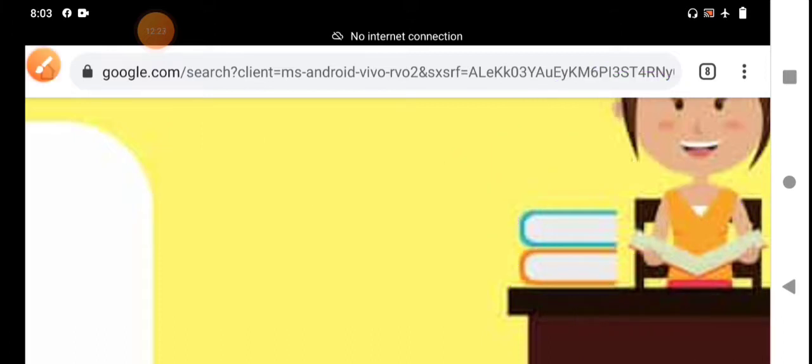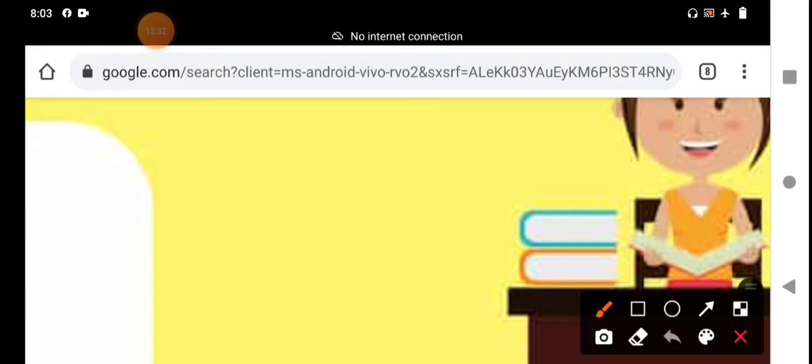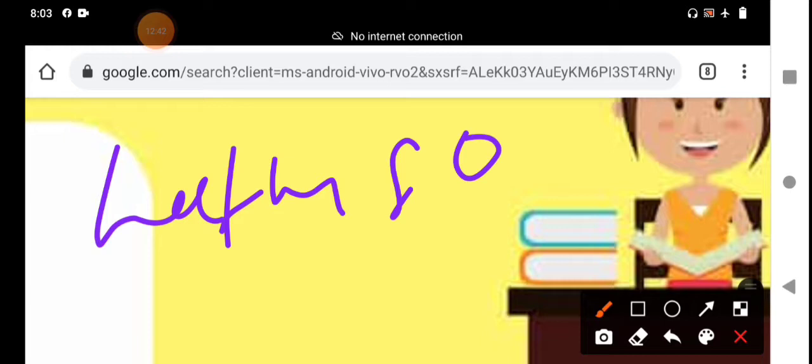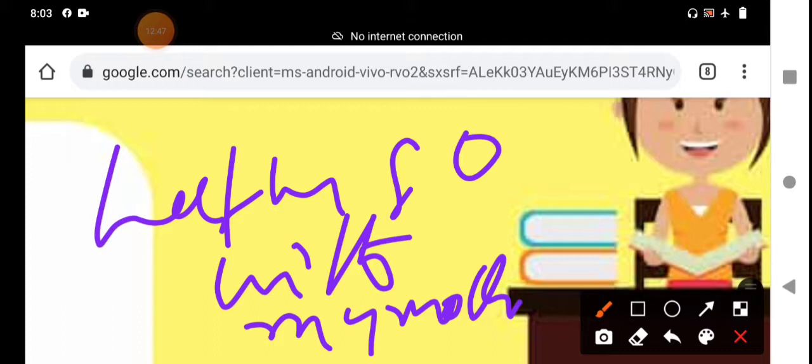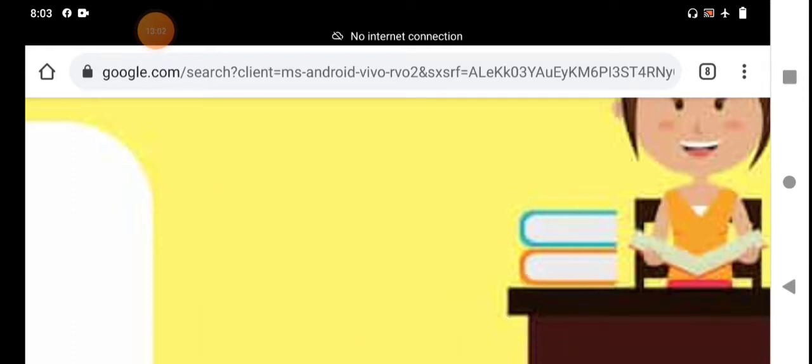The next function, the fourth function, is object of the preposition. For example, let us go with my mother. With is a preposition. My mother is the object of the preposition. Mother is a common noun. This noun functions as the object of the preposition. This is the fourth function of the noun.